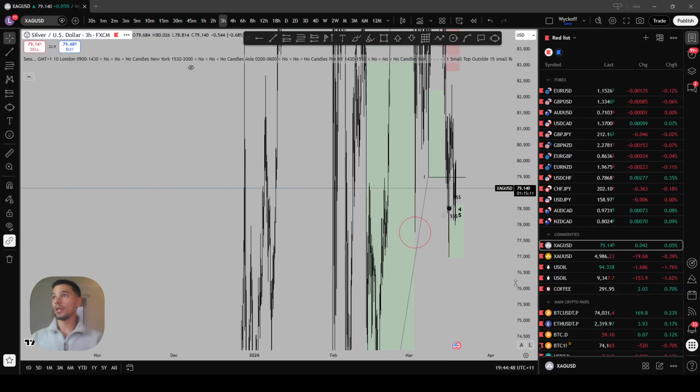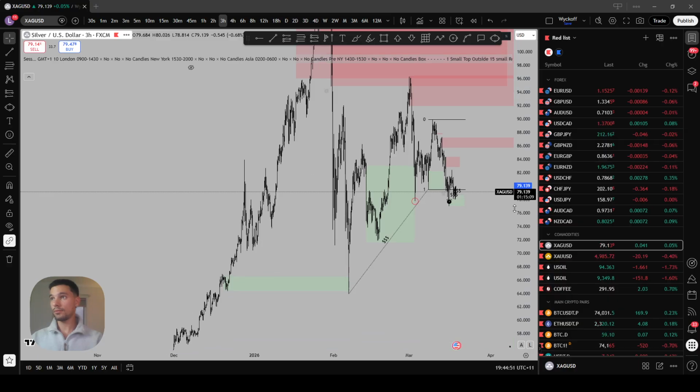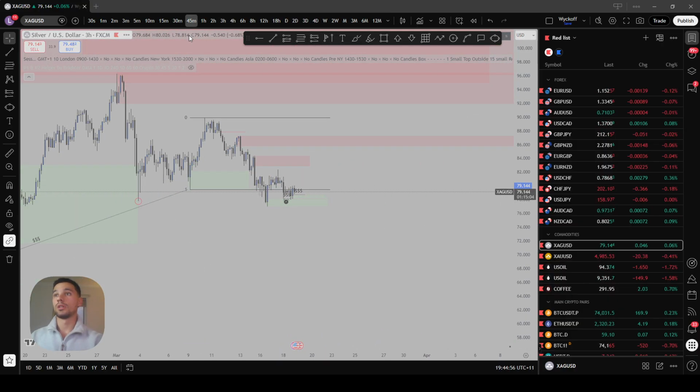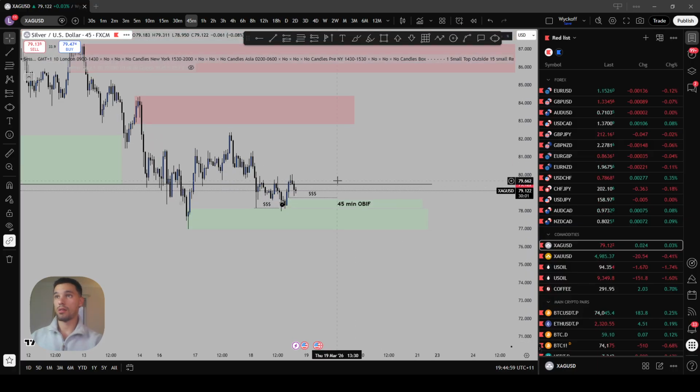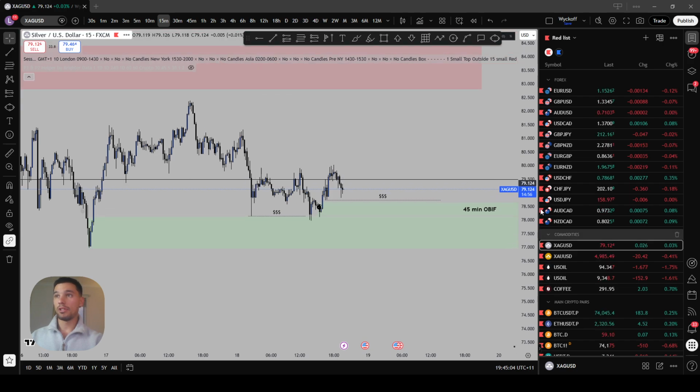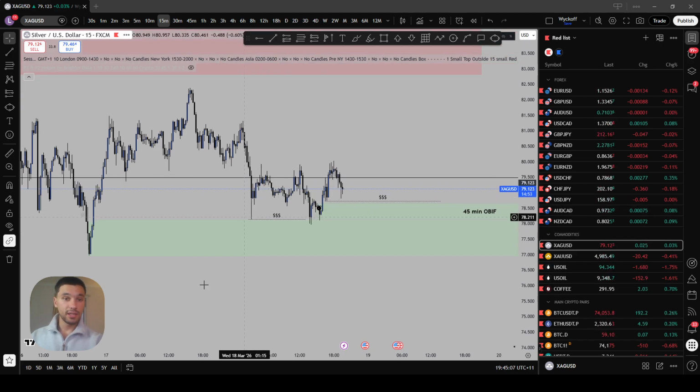The only thing I am now looking out for is that we are in a slightly higher time frame accumulation model, and based on that, we did have this TCT within TCT entry, which kind of got confirmed, which I did miss. However, given that I missed it, I will be looking for a re-entry opportunity, and that re-entry opportunity is going to be around this extreme liquidity point.